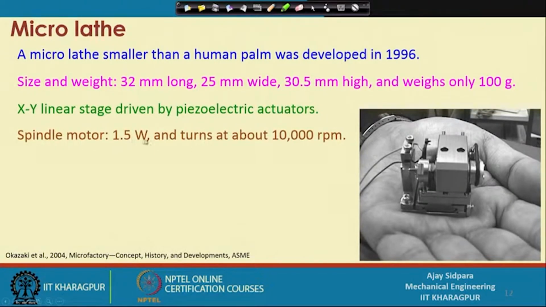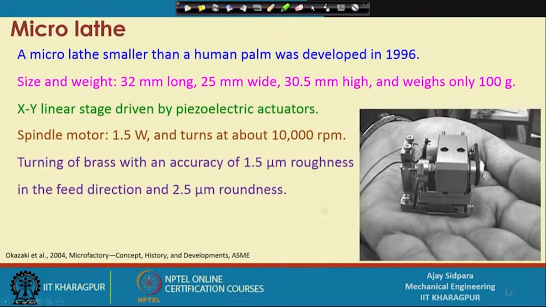The spindle motor is 1.5 watt and it can turn at about 10,000 rpm. That is acceptable for a small job and some very soft material. The example given was brass material. Brass was machined with an accuracy of 1.5 micron roughness in the feed direction and 2.5 micron in roundness,